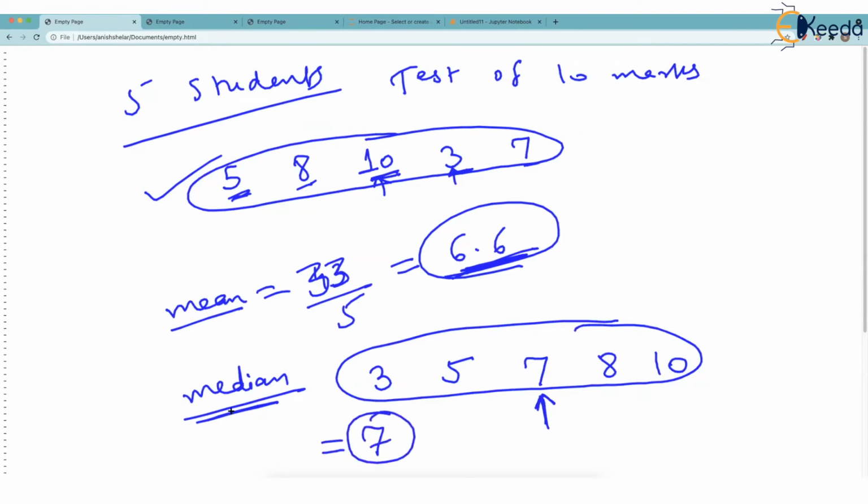So median is also a kind of average, but not the perfect average. We say that students have scored roundabout 7 in the entire class. So sometimes the mean is taken, sometimes the median is taken by people to describe the data. As soon as you know the median is 7, you know that half the number of students in the class have scored less than 7.